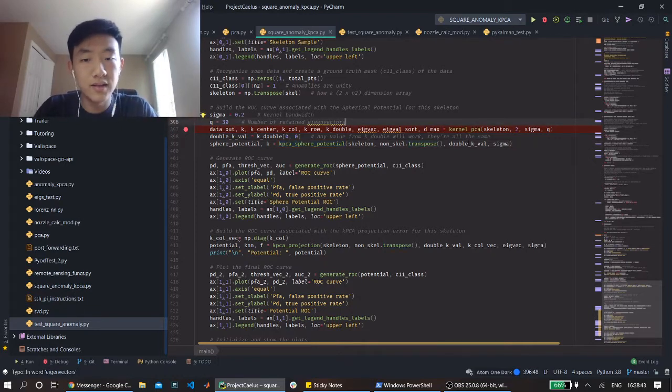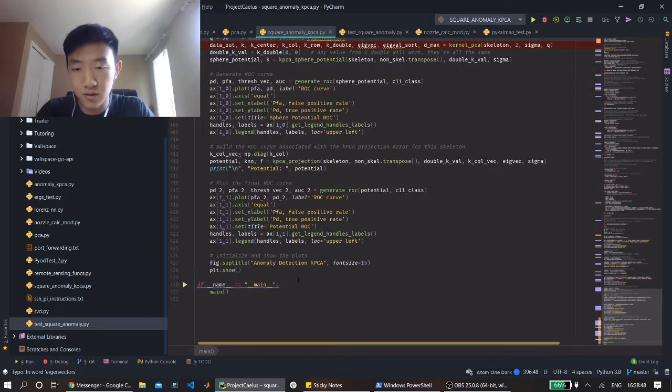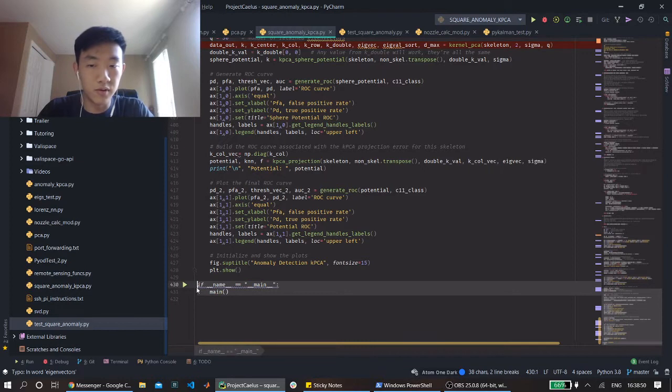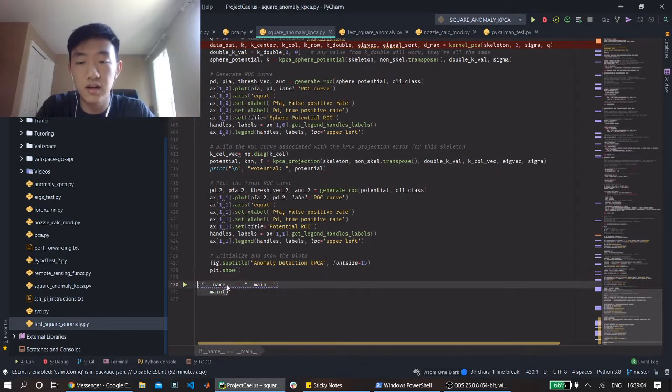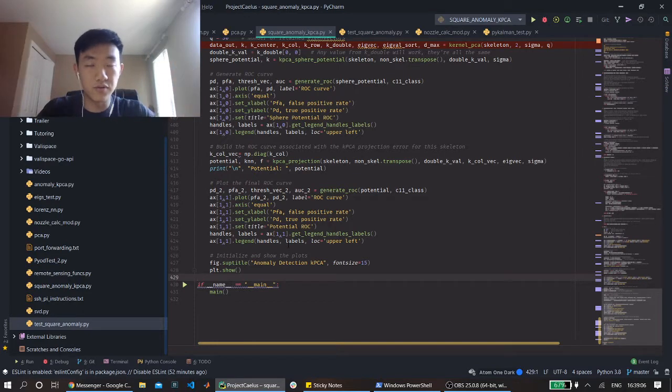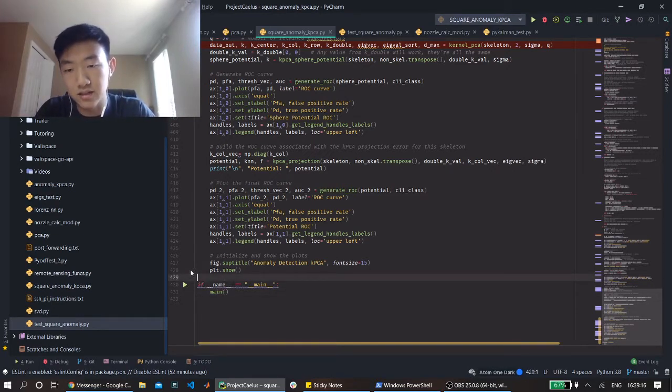So I think that's all I have right now for what you can do in PyCharm. This quick little thing is that you might be wondering, okay, what is this if name is equal to main? What is that stuff? You can think of that as kind of the driver method in Java. It's just a nice way of organization to say that, okay, my code actually starts running down here. Because you have all those function definitions, you can have an if name equals main, which shows you exactly where the code starts to run. You can see that PyCharm recognizes that because it has the little play button next